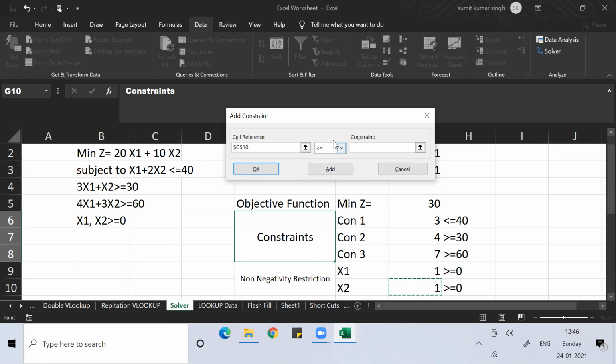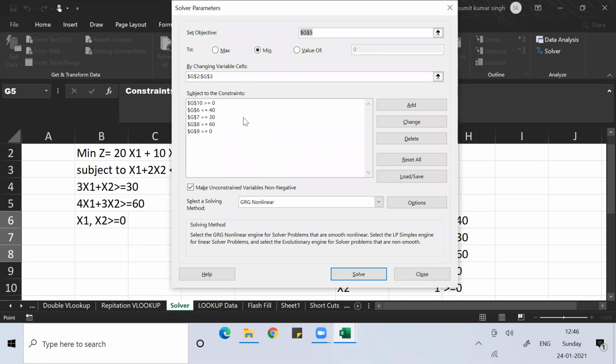That is again greater than or equal to 0, and then you press OK. So all these are done. Now after this, if you click on Solve, you will get the answer. Clear, everyone?